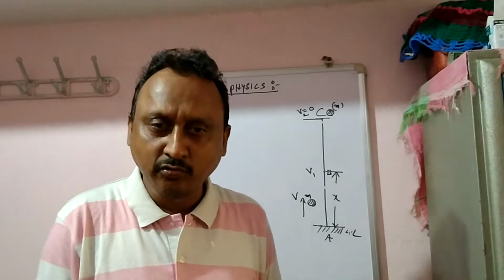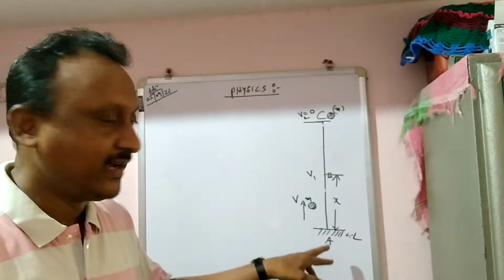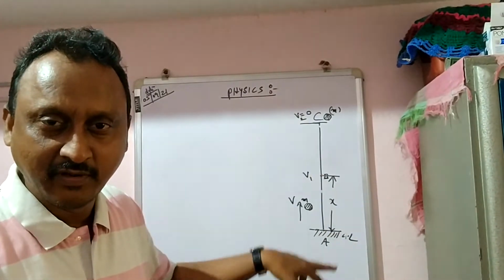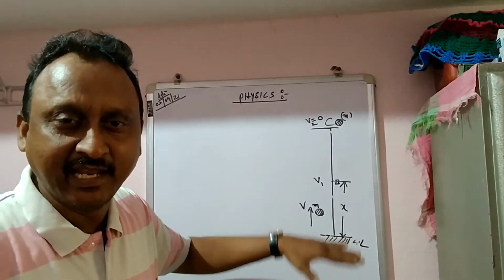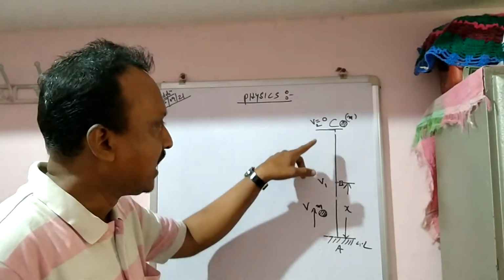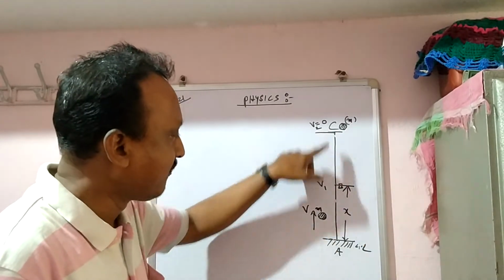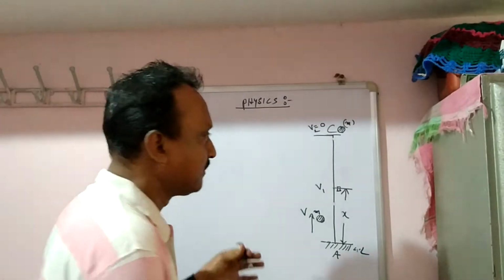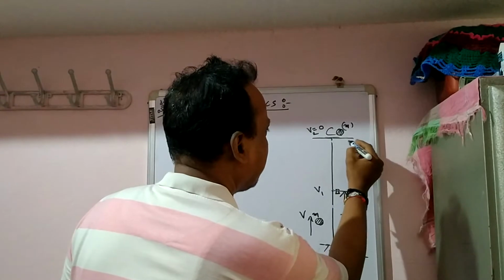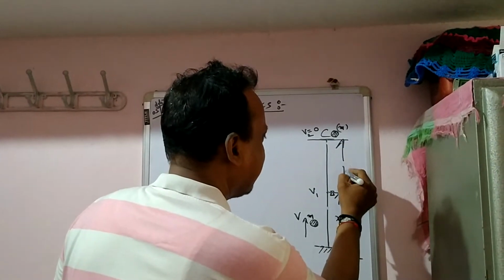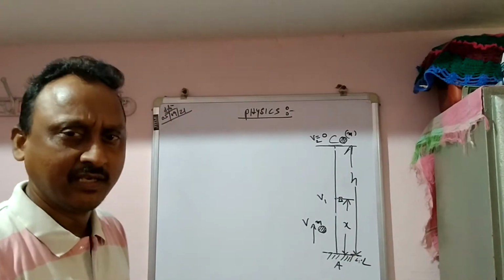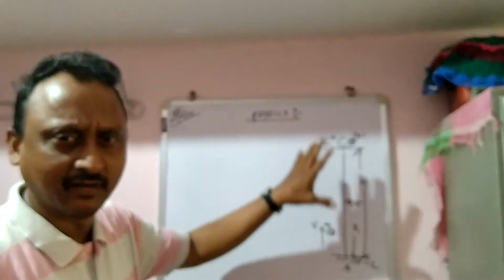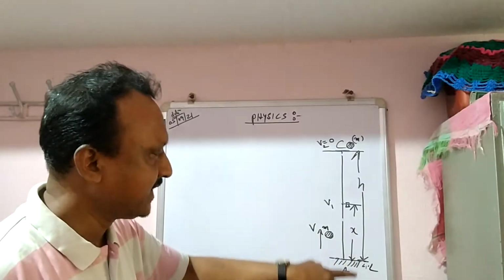Now today we will be discussing vertically projected bodies. In the case of vertically projected bodies, how does the energy remain constant at any point in the journey? For that you can see the figure here. I have drawn a building of height h. The total height of the building is taken as h from the ground level. You can consider whether it is a building or a tower.